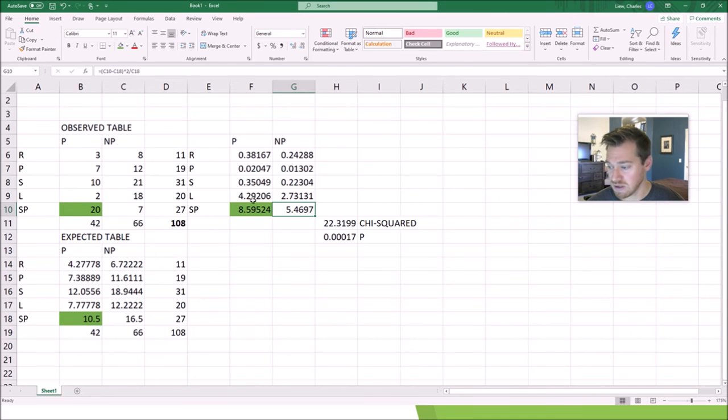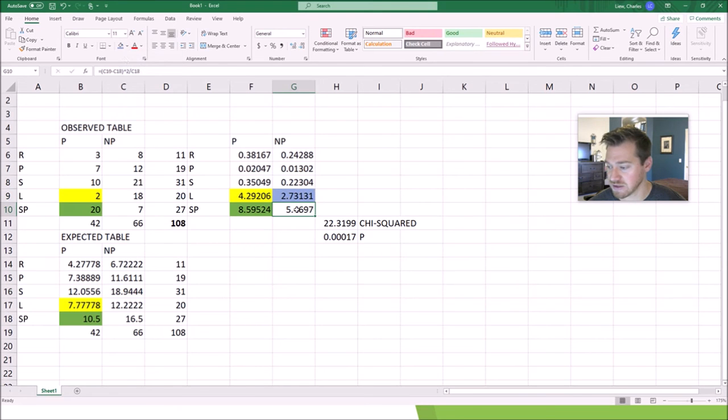Now, similarly, we see that there's a pretty decent contribution being made by lizard. Okay, so these ones go together. So, okay, what happened? Well, only 2 were actually played, and we expected almost 8. So it was less than expected. So we also see that these